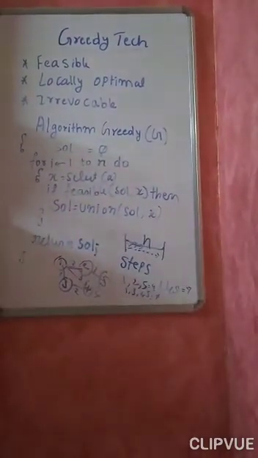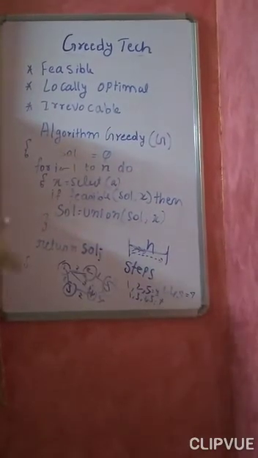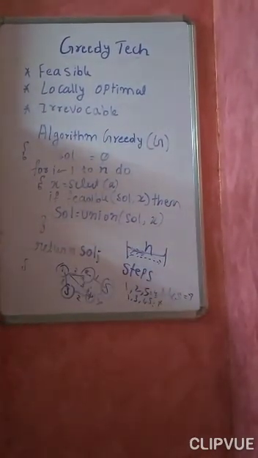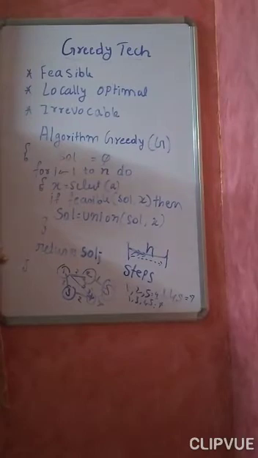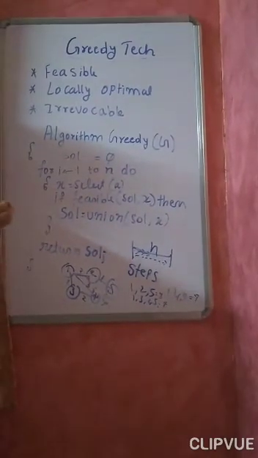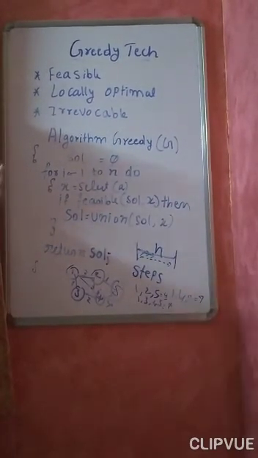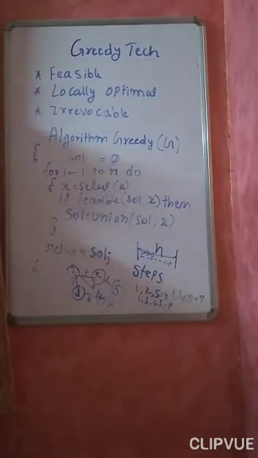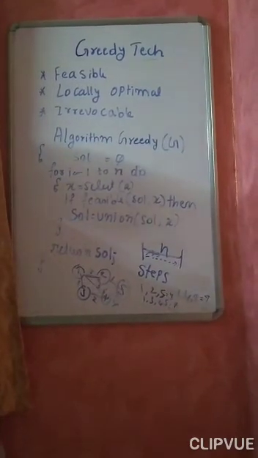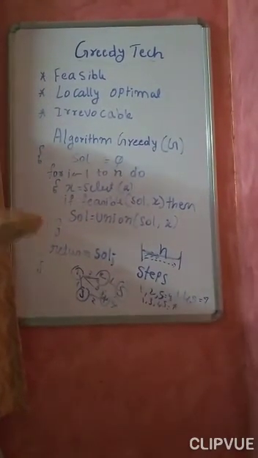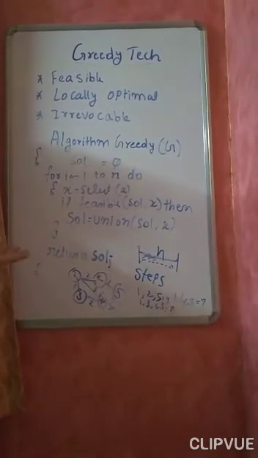So the greedy technique will always try to find the optimal solution in each iteration. Whereas, consider divide and conquer or decrease and conquer techniques. Both will not try to find the optimal solution. They will try to find a solution. Sorting sorts it, searching searches it, using divide and conquer, that is binary search, merge sort, quick sort. They are just trying to find a solution for a given problem, not the optimal solution.